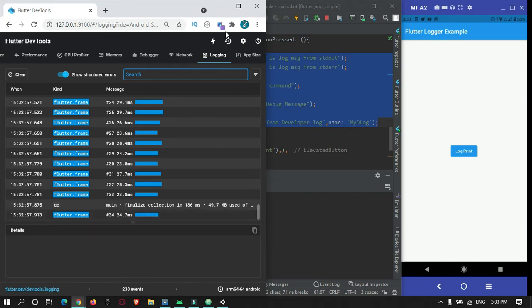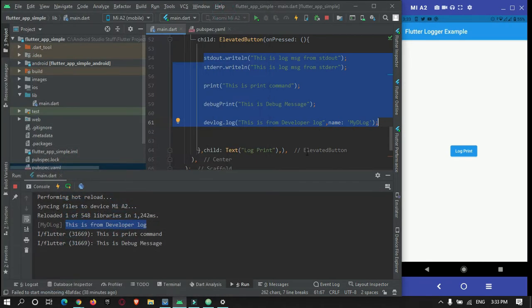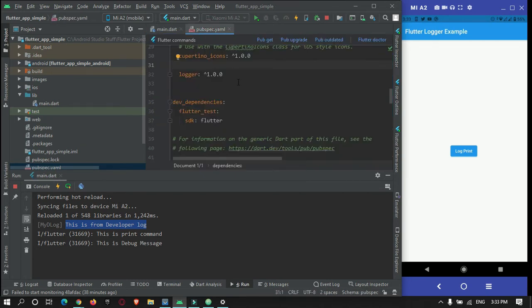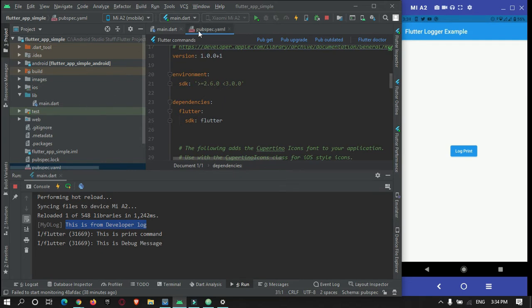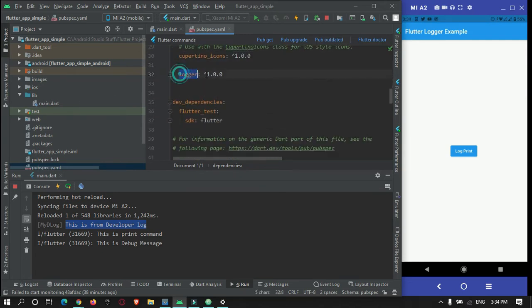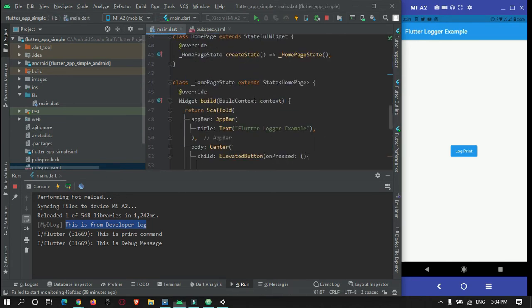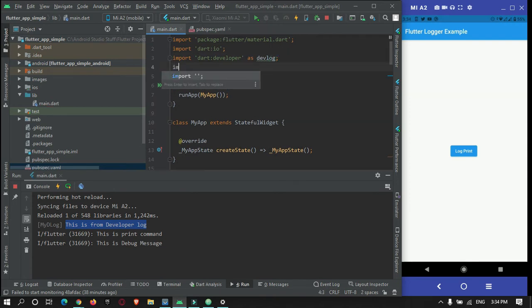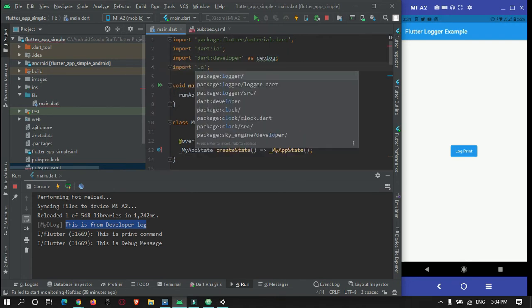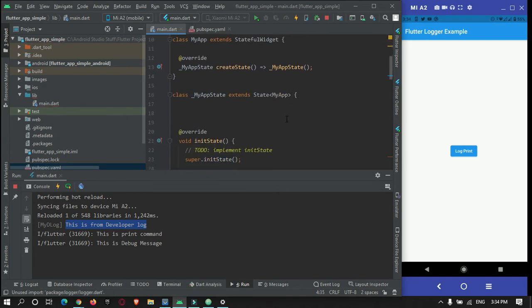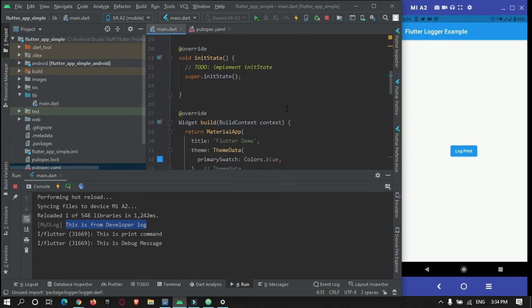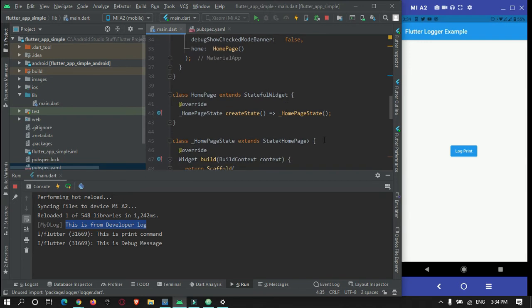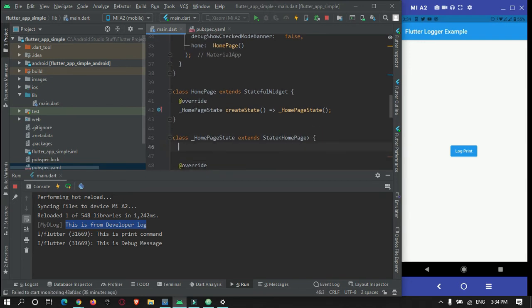So in Flutter there is a package called Flutter Logger. Here in your pubspec file, you can import the library. After importing, import logger.dart. Then here in the stateful widget, you need to create an instance of that library.